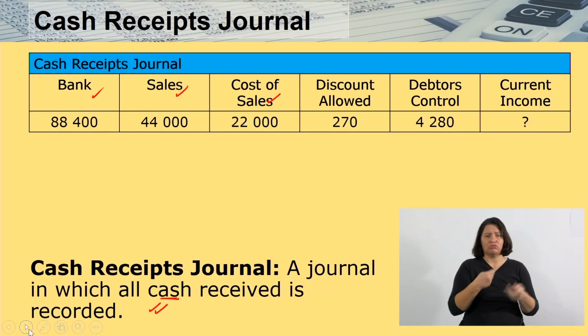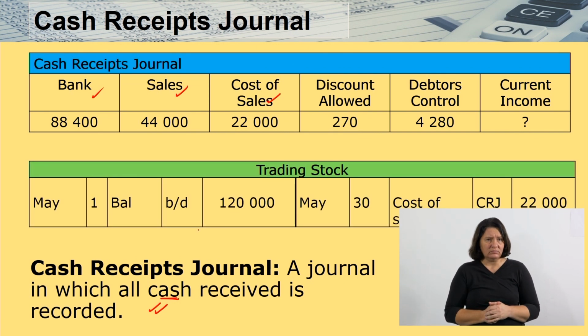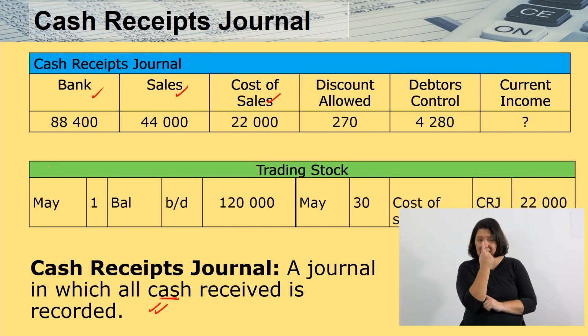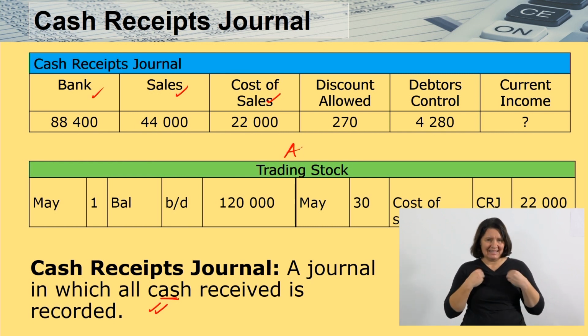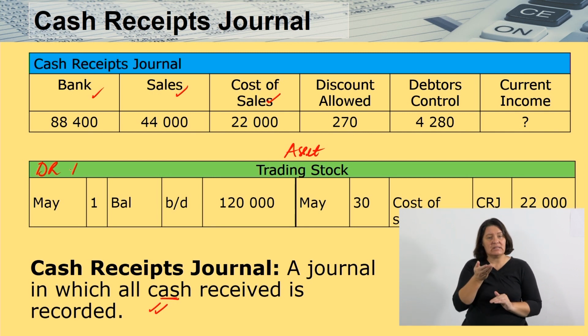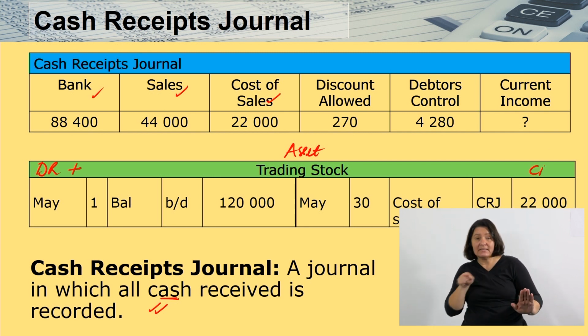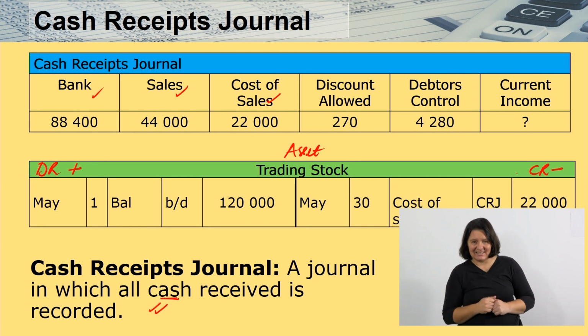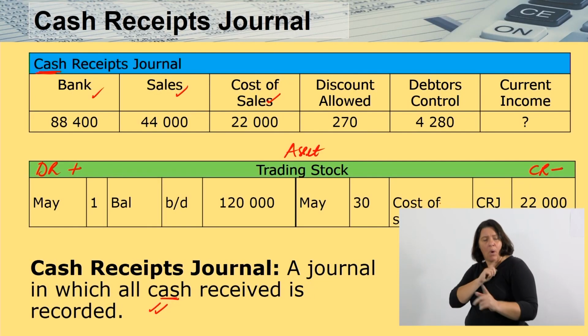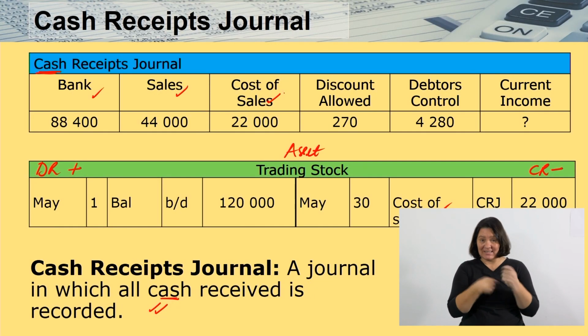So how would I record this cost of sales amount in my trading stock account? There it is. It is very important for you to understand that my trading stock account is an asset account. That means it increases on the debit, but it decreases on the credit. Once we sell goods on the cash receipts journal, this means my trading stock is going to decrease. Hence, you see now on my credit side, I have cost of sales,